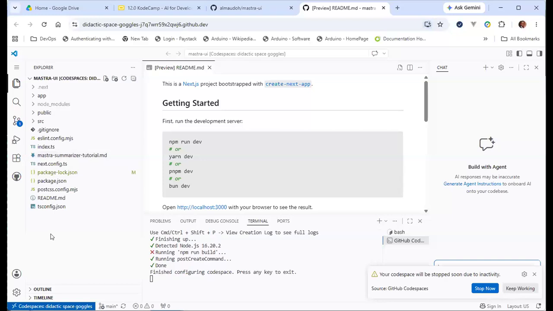Okay, we are here already in this code space, but I'm going to wipe this clean.